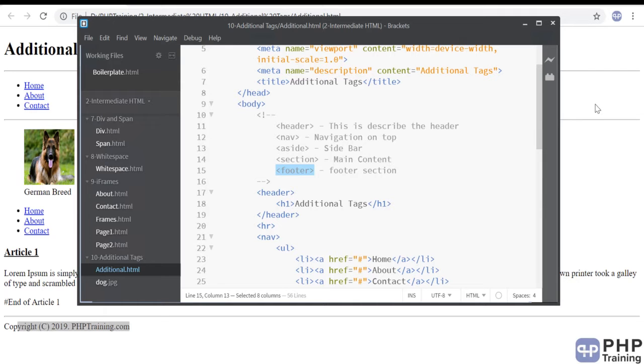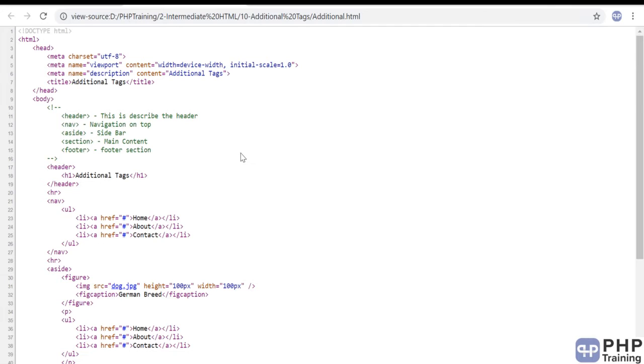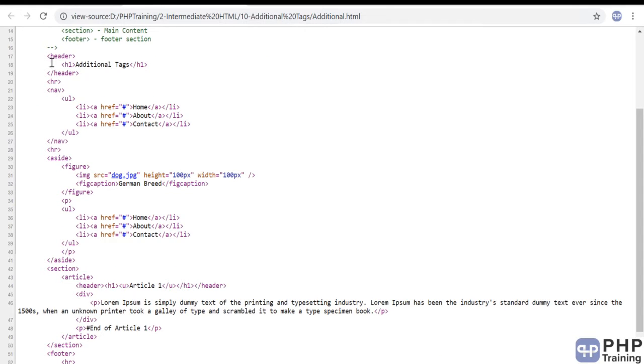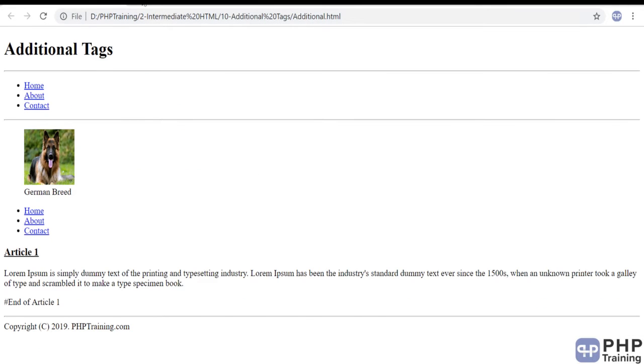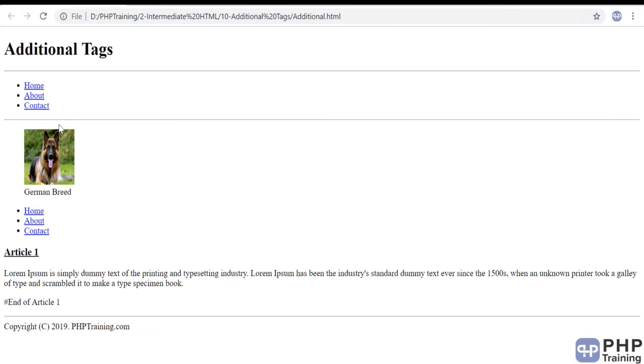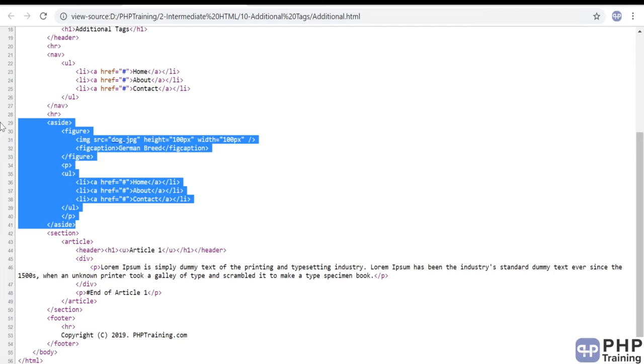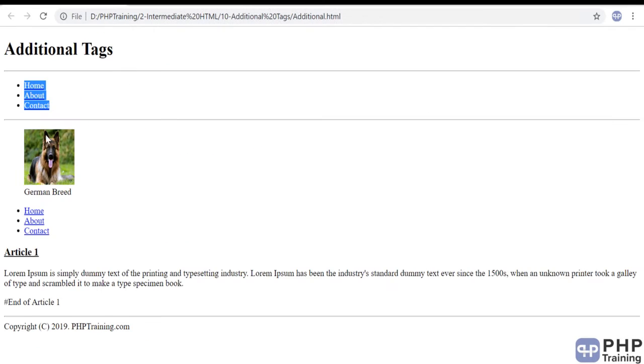Okay, so how do you read this? If you read the HTML page, you have something called a header. Then you also have some navigation attached to it. Then you have some aside. Aside is the sidebar. Obviously, the sidebars and all those things are not visible because that is handled with CSS. So you will not be able to see sidebars and all those things. When we go to CSS, we will try to align all these things together.